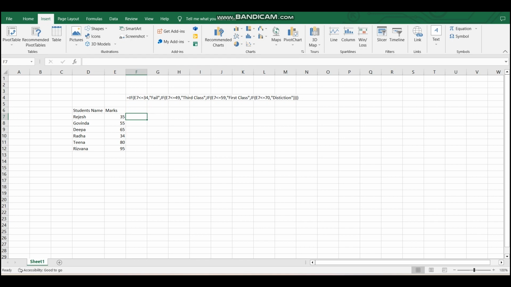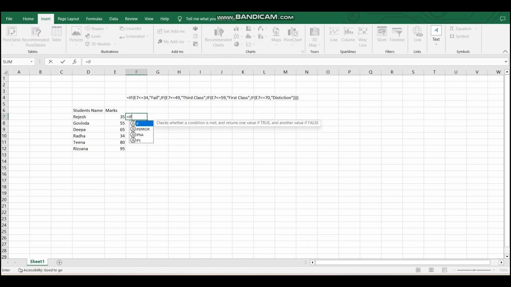I am giving the IF condition over here. IF, open the bracket, the mark cell less than or equal to 34, that means it's fail, like that we will give. Comma, open the double quotes, fail we will mention, comma. Another IF condition we will give: if the mark cell less than or equal to 49, we will print it as third class, comma, IF